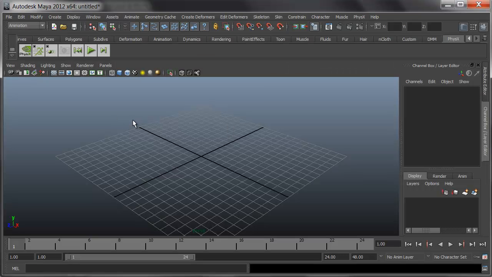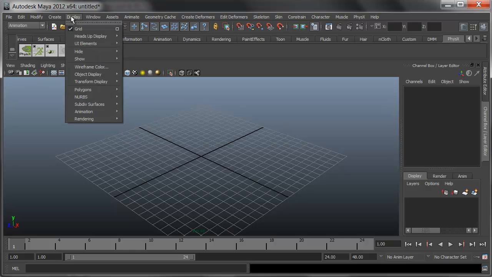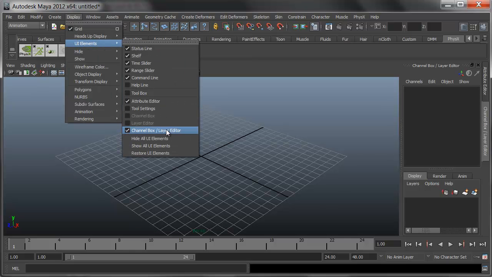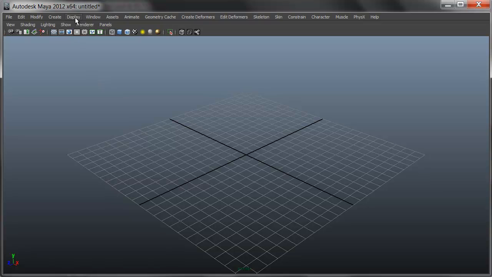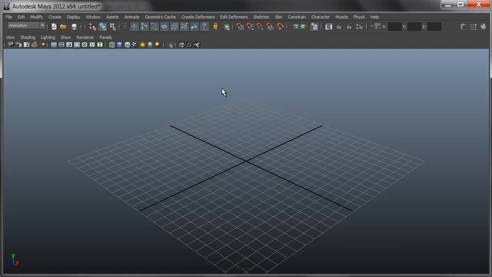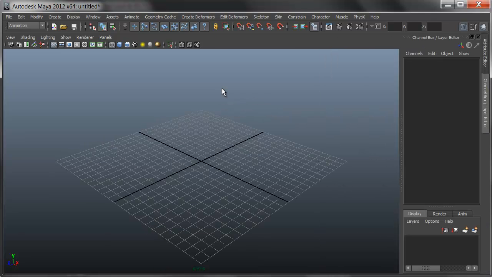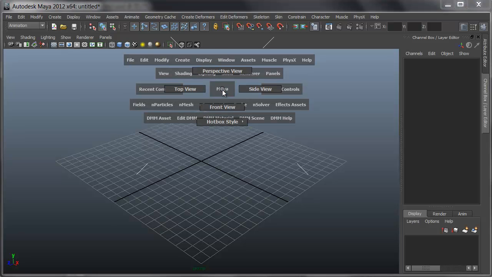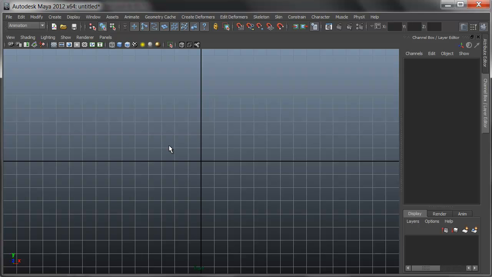In Maya, to make it easier, sometimes I'll hide my display a little bit. I'll choose Display, UI Elements, and Hide All. Then I'll bring back on, under Display UI Elements, my status line. Control A brings back and forth my channel box and attributes. That's good for now. To begin, I'll press and hold the hotbox and choose Maya Front View, and also F3